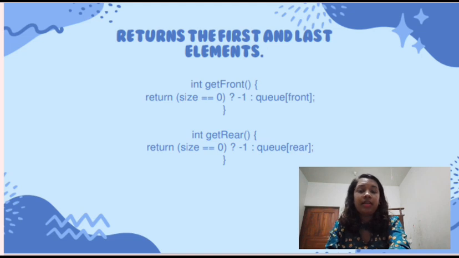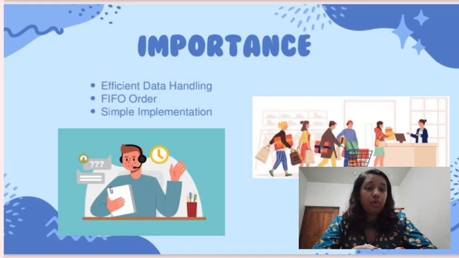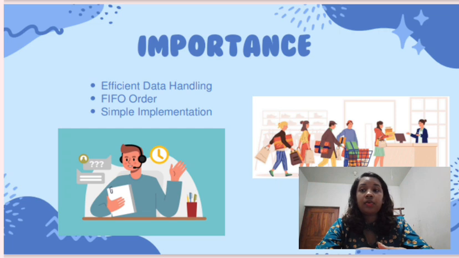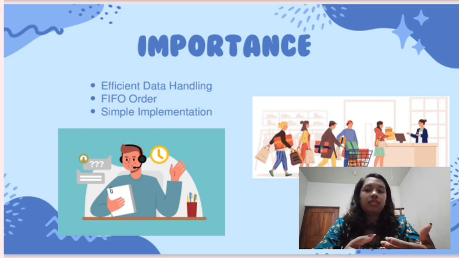And finally, we're going to talk about the importance of an array queue, and it helps for efficient data handling. And when we talk about data handling in real life applications like scheduling and buffering, FIFO order ensures fairness, as elements are processed in order. First person served first, and simple implementation. When we talk about simple